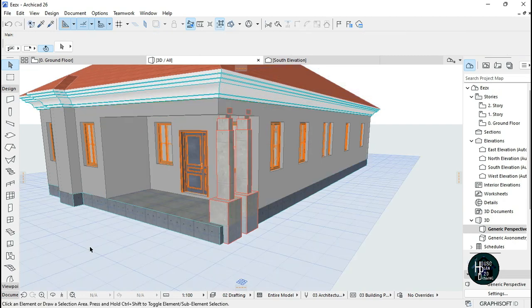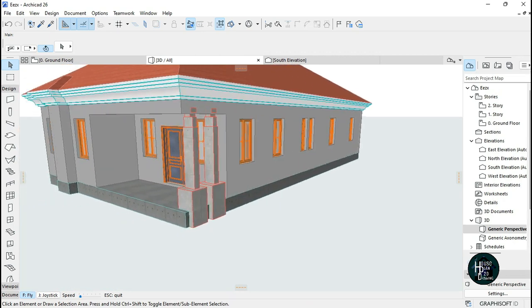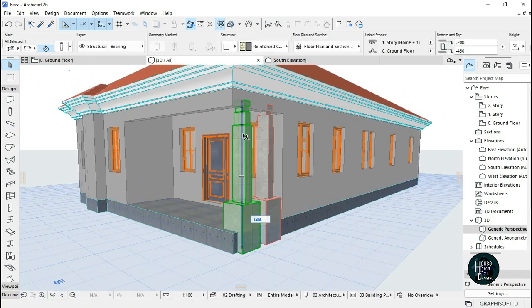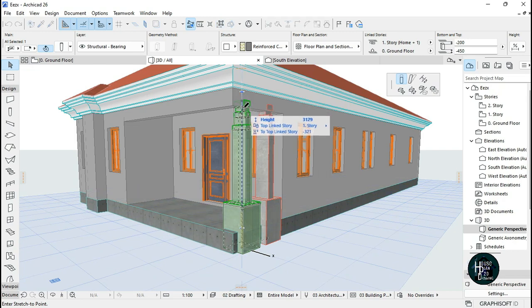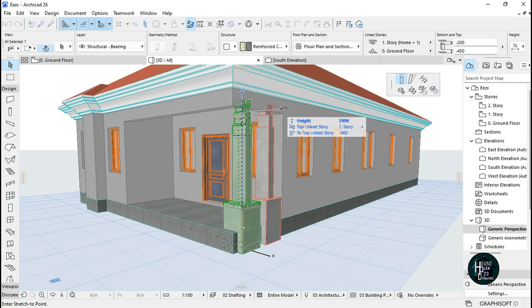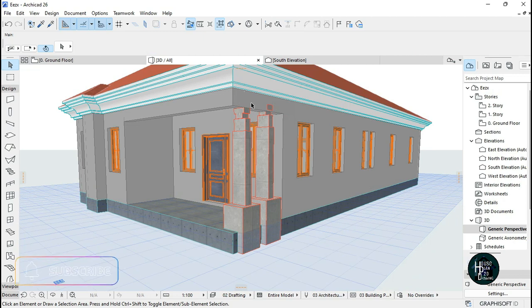So it has this particular design and I want the pillar to sit under it. So I want to click on the pillar. Make sure I'm not clicking edit again. Just click on the pillar, click this black node and make sure you're selecting stretch height. Hold down Shift on your keyboard and move your mouse to this point here. Just click and it's just going to form